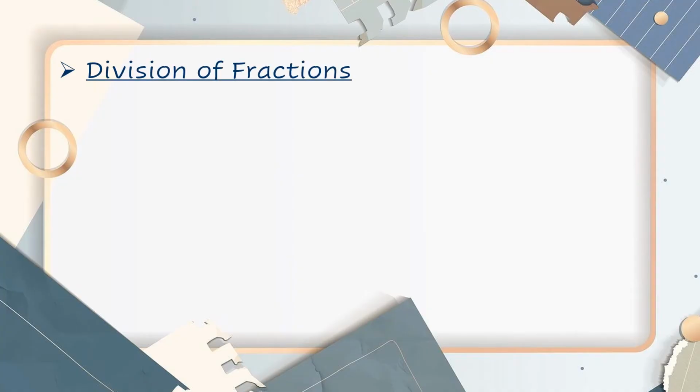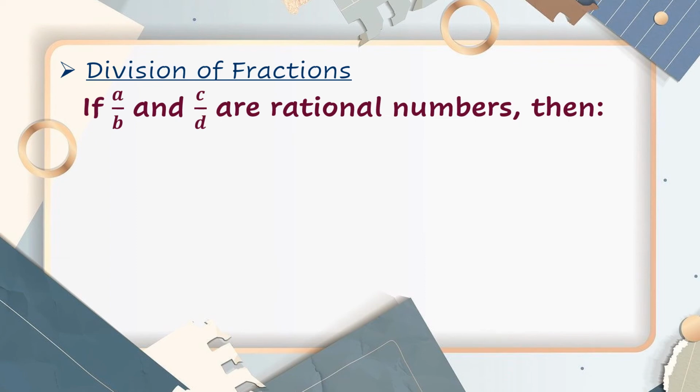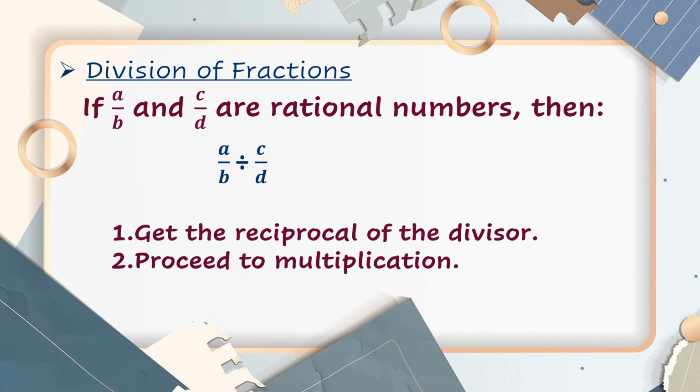Let's have division of fraction. If A over B and C over D are rational numbers, then A over B divided by C over D, ang unang step na gagawin natin is we get the reciprocal of the divisor. And then, we proceed to multiplication. So, sino ba ang divisor? So, from the equation, ang ating divisor ay yung second fraction. Yung first fraction is the